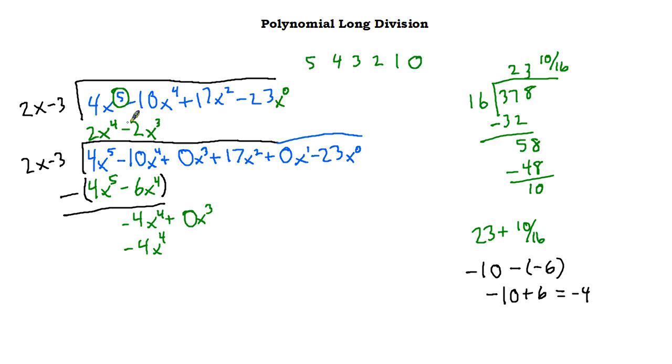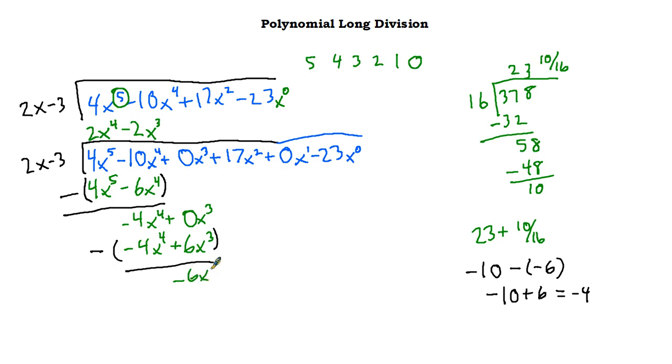Then we multiply negative 2x cubed times negative 3. So that gets us plus 6x cubed. And then we will go again and subtract that out. So we take both those guys and we subtract. And again, it's going to be 0 minus 6. If you write that off to the side, it's harder to get it wrong. And that'll leave us with